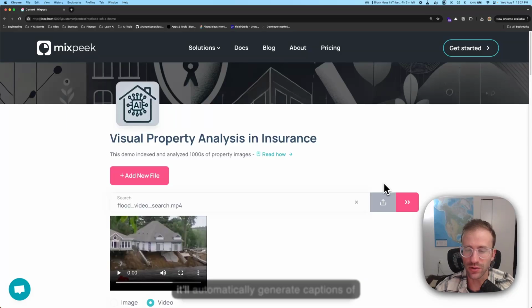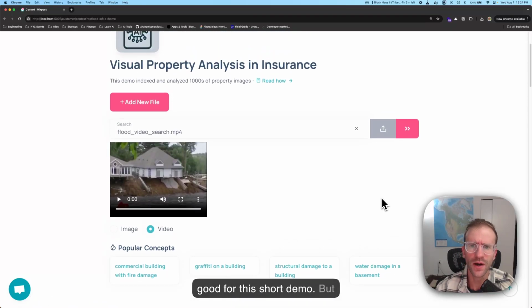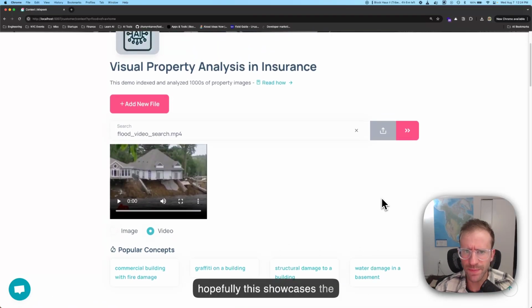Just like images, it'll automatically generate captions of the timestamps in those videos. It takes a little bit longer, so it's not as good for this short demo. But hopefully this showcases the capabilities to use MixPeak's multimodal intelligence platform to better evaluate the risk of assets that